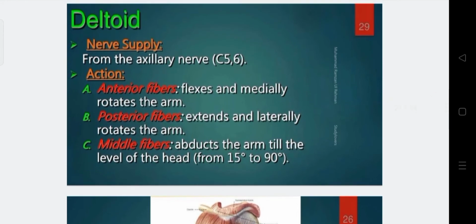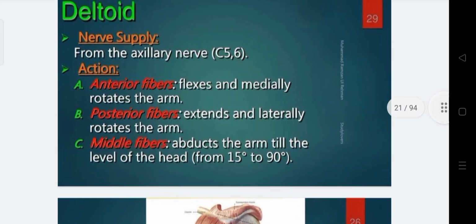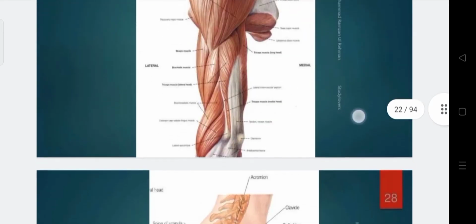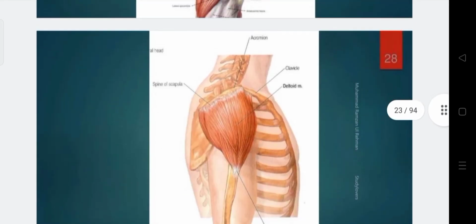It's supplied by the axillary nerve, as in the previous lecture with the formula. The anterior fibers flex and medially rotate the arm, posterior fibers extend and laterally rotate the arm, and middle fibers abduct the arm till the level of the head, from 15 degrees to 90 degrees. So in the cross-sectional view,